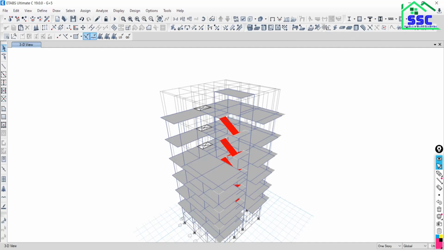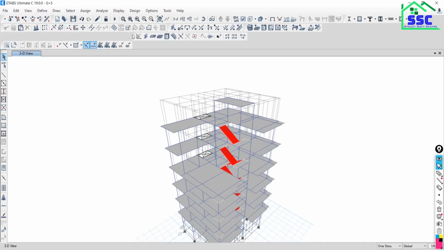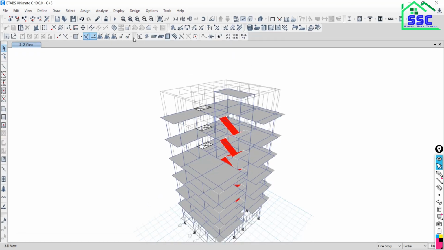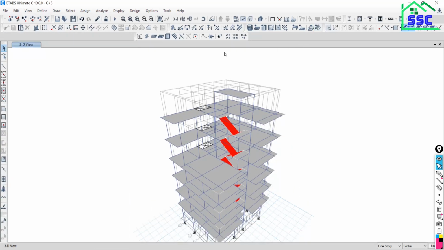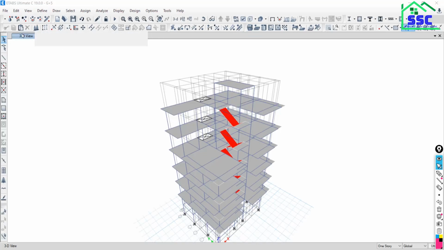I would like to take it again from here to here. Like this you can adjust as per your requirement. Just take this again and put it here and take it down side. Okay, just keep it as it is.